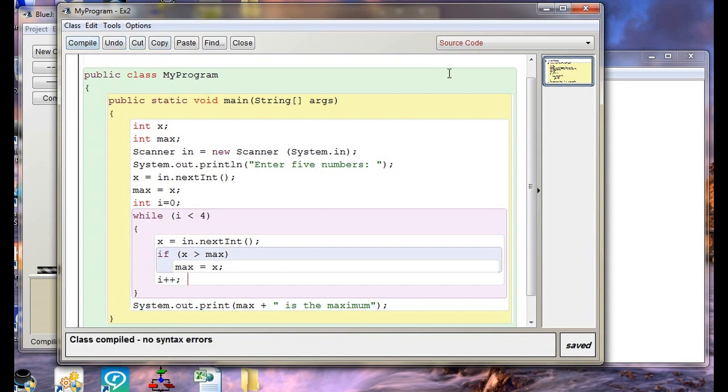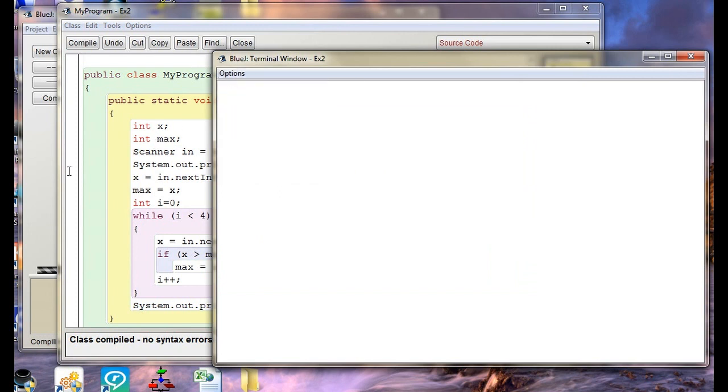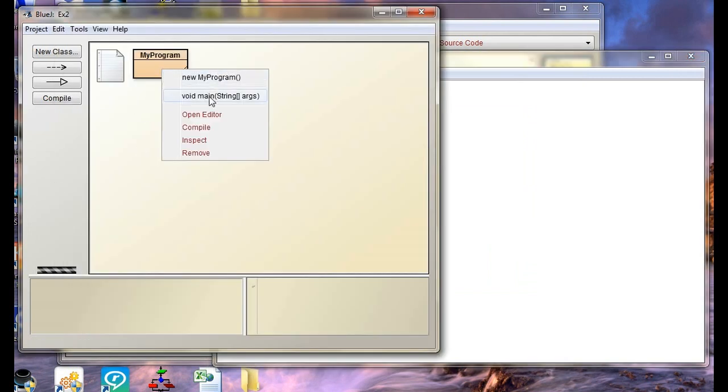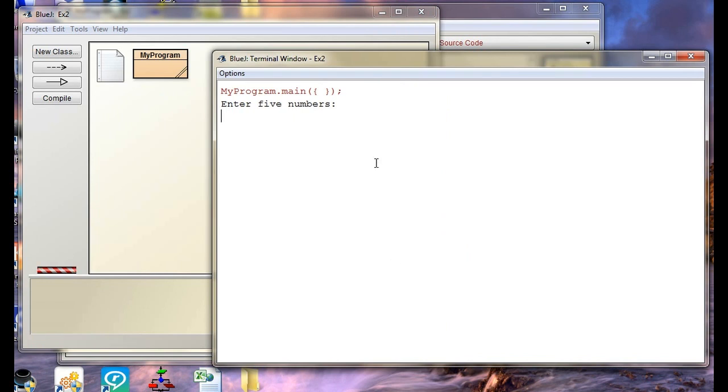So compile, no syntax errors. Let's rerun it, and let's try it for the last time. So 10, 7, 18, 20, and 3. So 20 is the maximum. So this is a very brief video that explains how we use the while loop, the for loop, and the